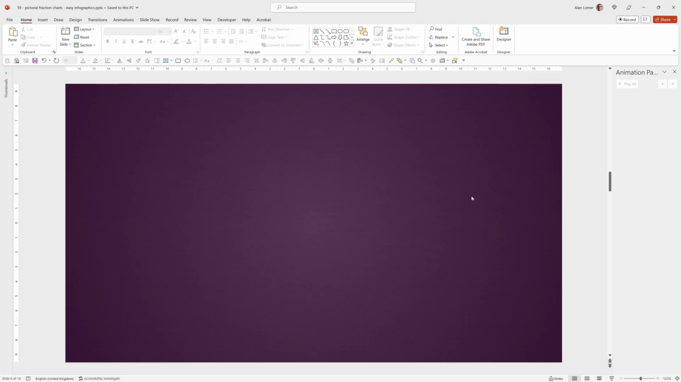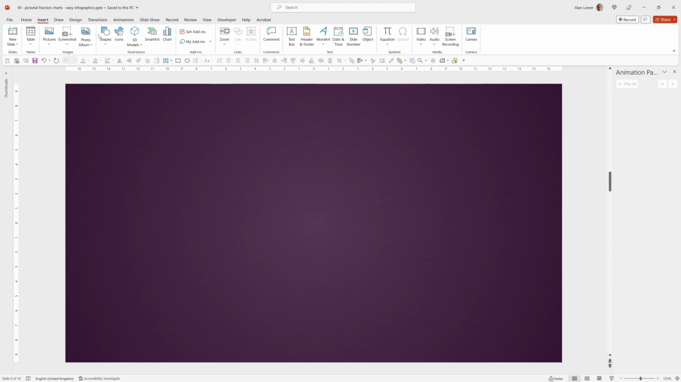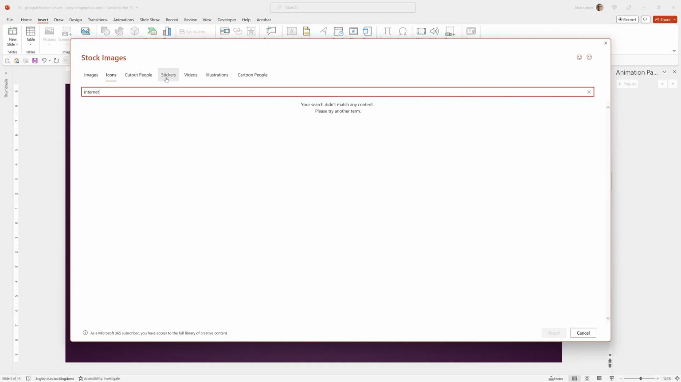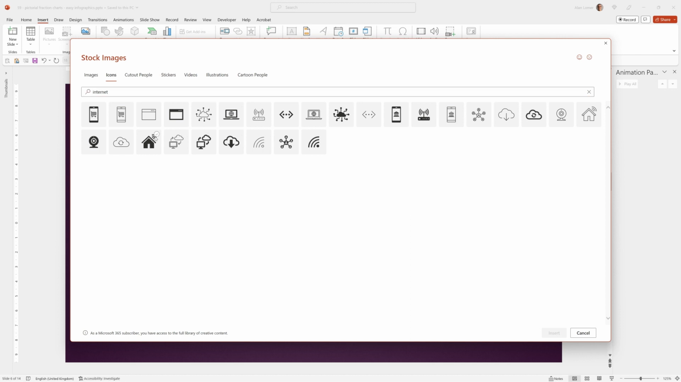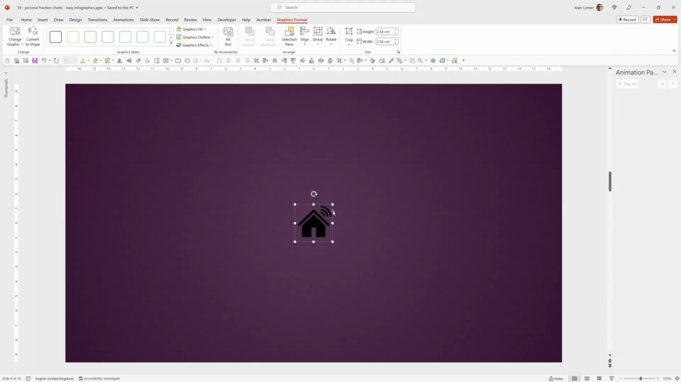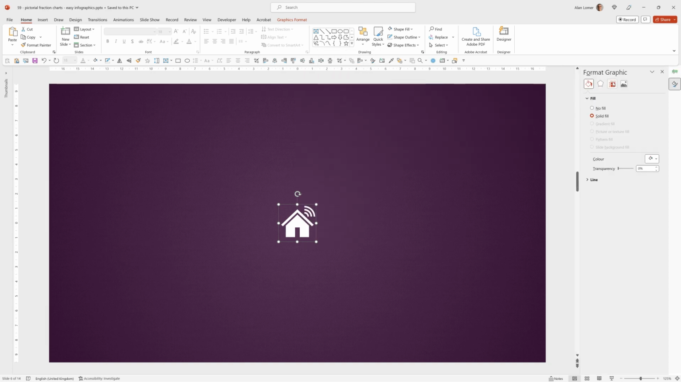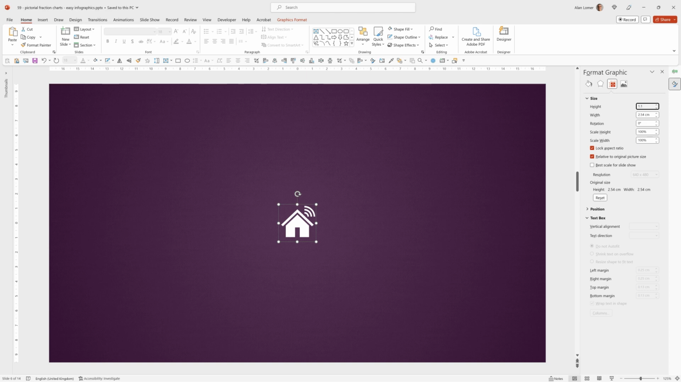We'll start on this purple background, and the first thing we're going to do is add in some icons. So we click Insert, Icons. I typed Internet and selected this and pressed Insert. I'm going to make it white with Shape Fill, right click, Format Graphic and change the size to 1.18. Now I'll drag it to the bottom and show you how you can use PowerPoint's shortcut tools to quickly make